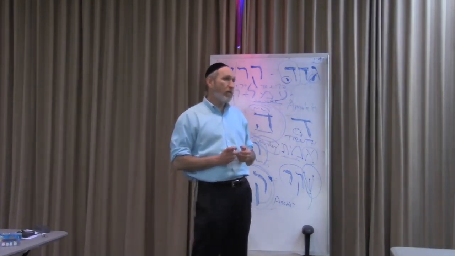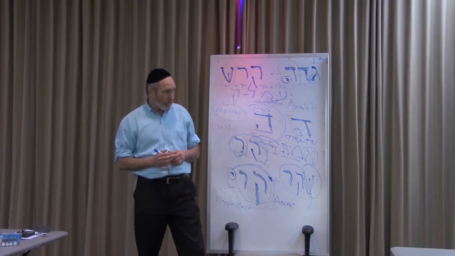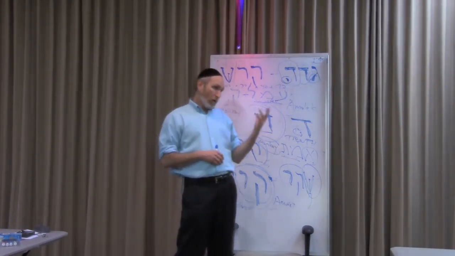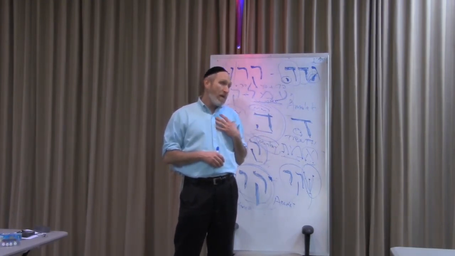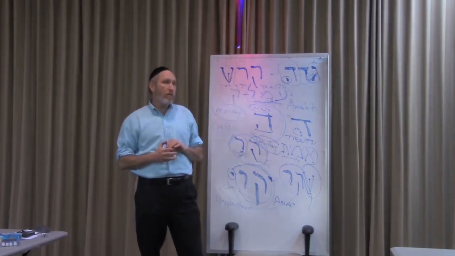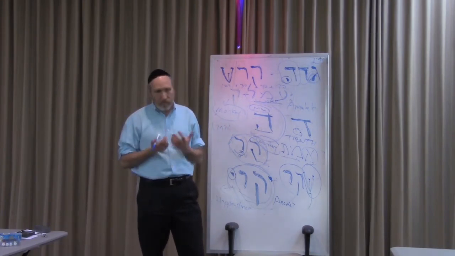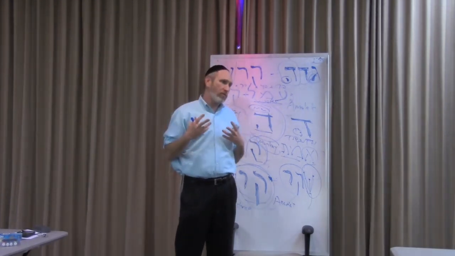There was a great Rebbe, the Kutzker Rebbe. He said, when I was a kid, I thought I was going to change the world. I got older, I said I'm going to change my country. Older, I'll change my state. Older, I'll change my town. I really ought to change myself. And that's really the truth, and that's why when I talk to you about the mystical things, there's a reason for it, because when you change yourself, you are changing the world.